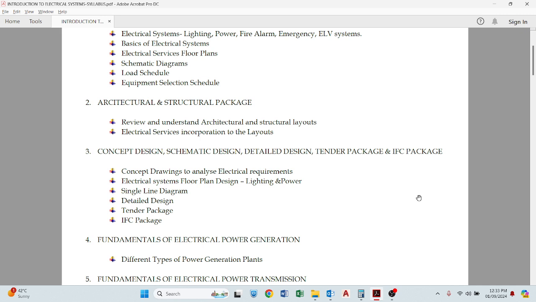How this process happens in detail, like how we start from dry land, how we evolve a design of a complete building, and how with our design it can be executed at site. This much detail we will give, like concept-wise, how we are designing the things and how it is